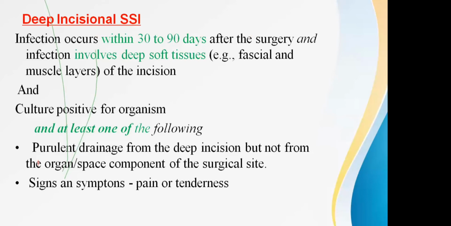When we talk about deep incisional, again the word is defining. Any infection occurring within 30 to 90 days, and beyond 90 days, no. Before 90 days after the surgery, and it is involving the soft tissues. That can be any muscle at the point of incision. And the culture has to be positive, along with signs of inflammation. There is drain, there is discharge of the organ space, and signs and symptoms of swelling, pain, tenderness are available. So that is deep incisional. So superficial is nothing beyond 30 days, and deep incisional is nothing beyond 90 days. These are the two types of surgical site infections.